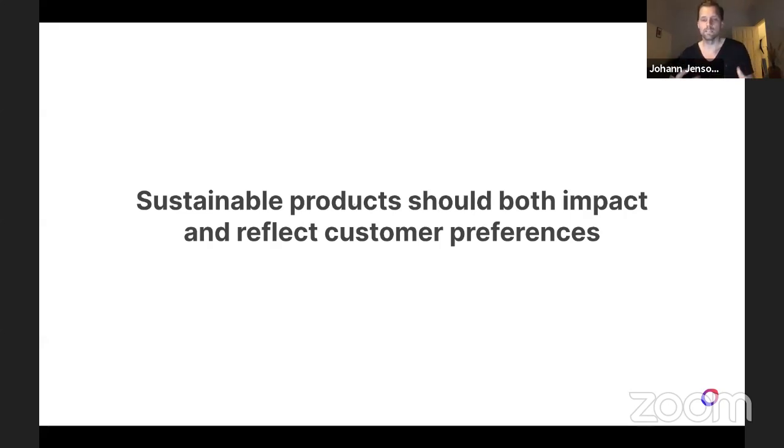I think the products that we're building for consumers are also a bit of a reflection of customer preferences. So while we may be able to influence them, it also depends on the value it's changing. And I think what we're seeing globally is that it's not just individual consumers that are changing their preferences, but it's everyone along the line, all the way up to the politicians that have made these decisions, you know, the regulators, the business owners. They're starting to kind of redefine a little bit what sustainability means to them.